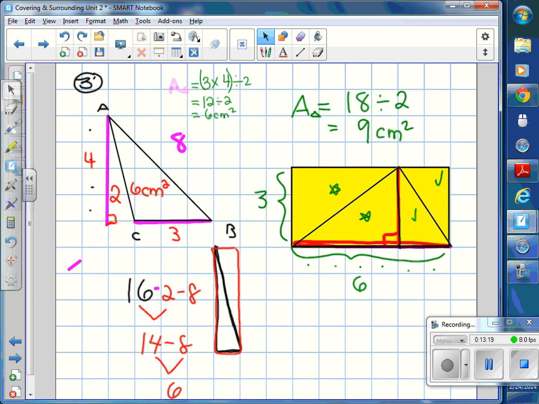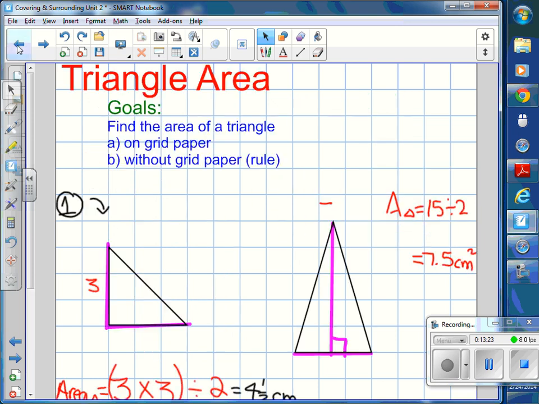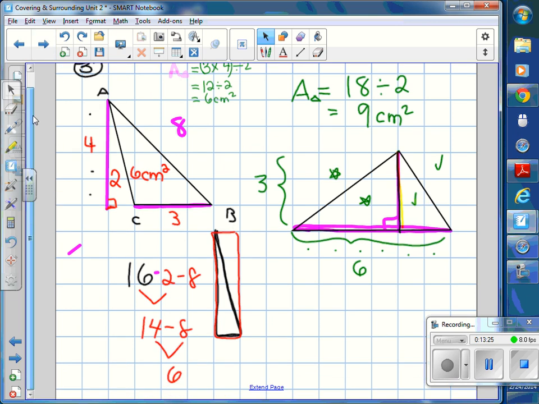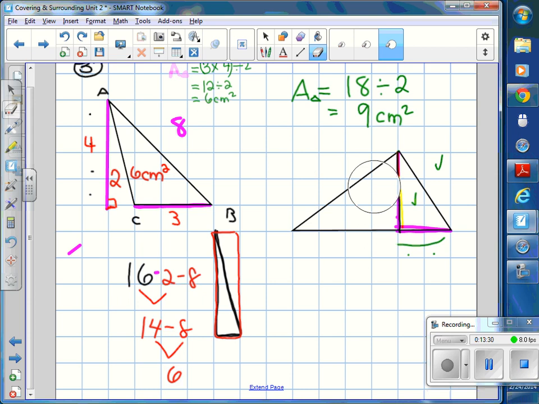I don't, because I didn't actually. I could, but that's a lot more work. Like, let's get rid of that yellow. Okay, so here, if we just look at this without the rectangle, and you see a triangle, if you can